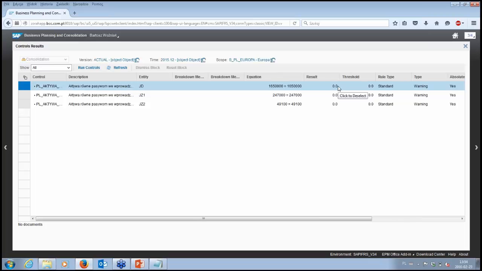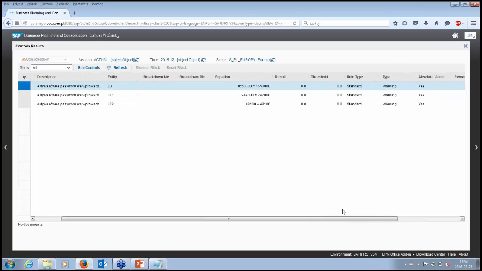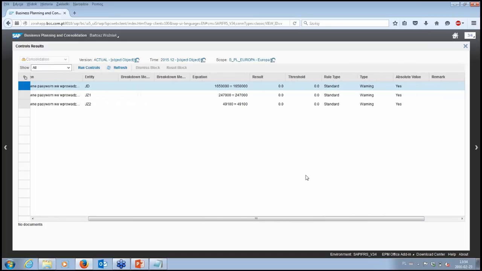It may be assumed when you are setting up these controls that there will be some place for some margin, so threshold available.